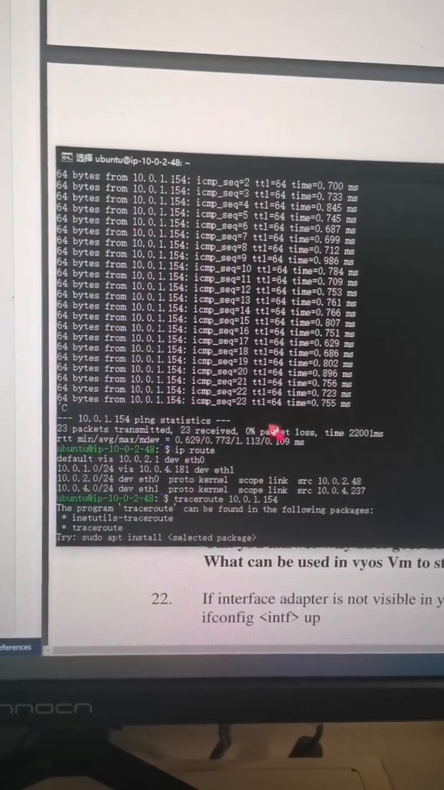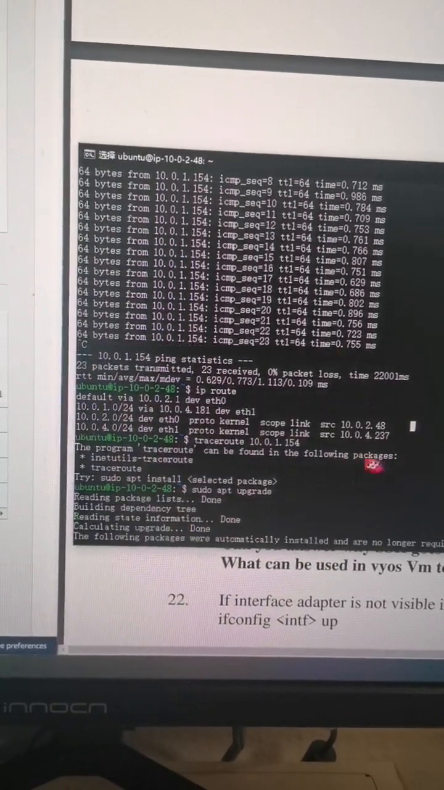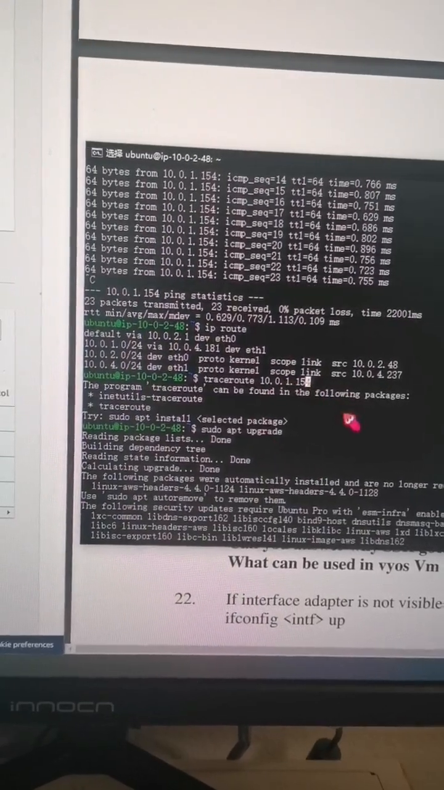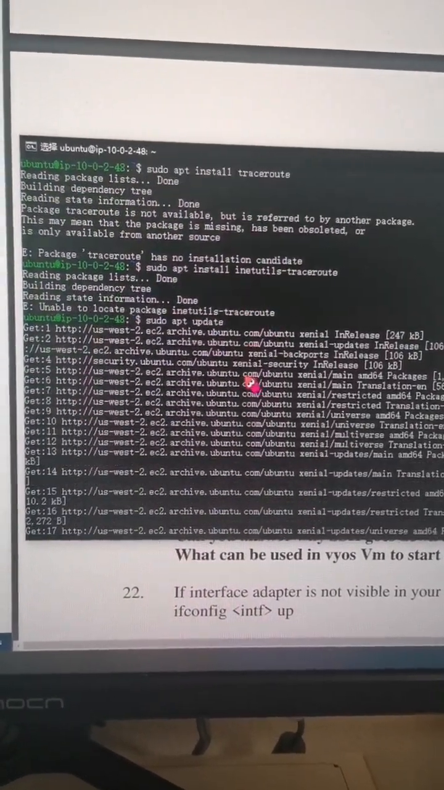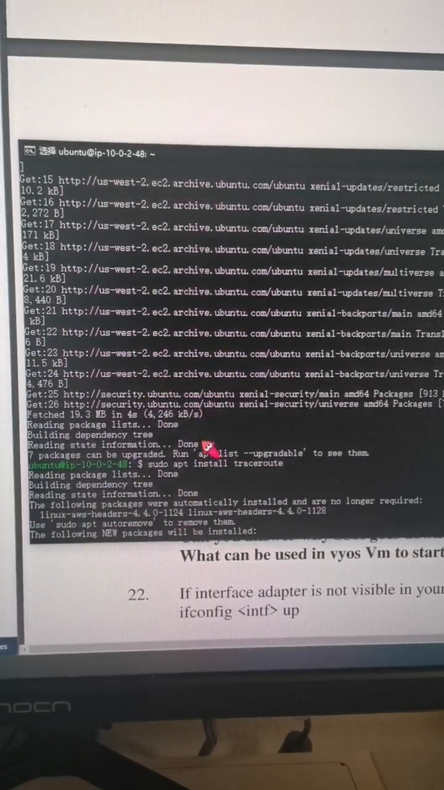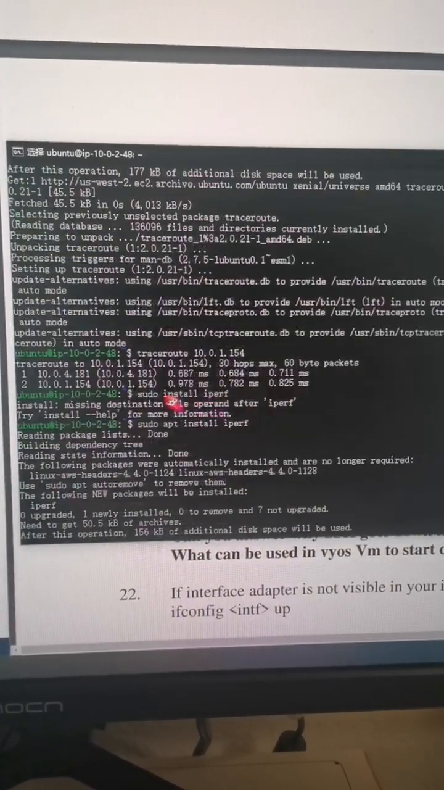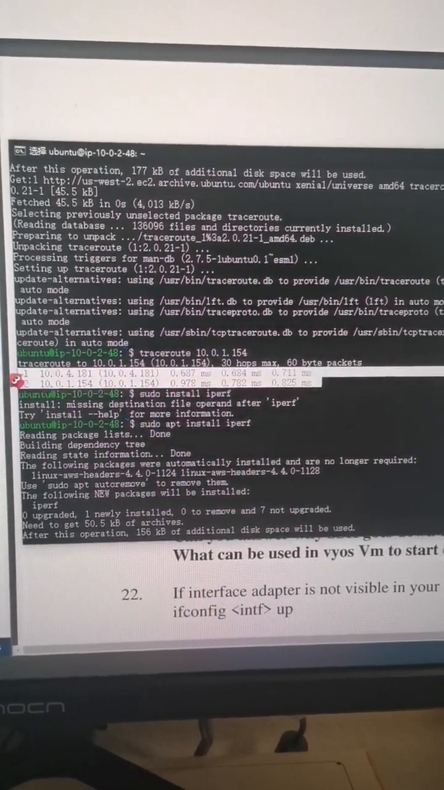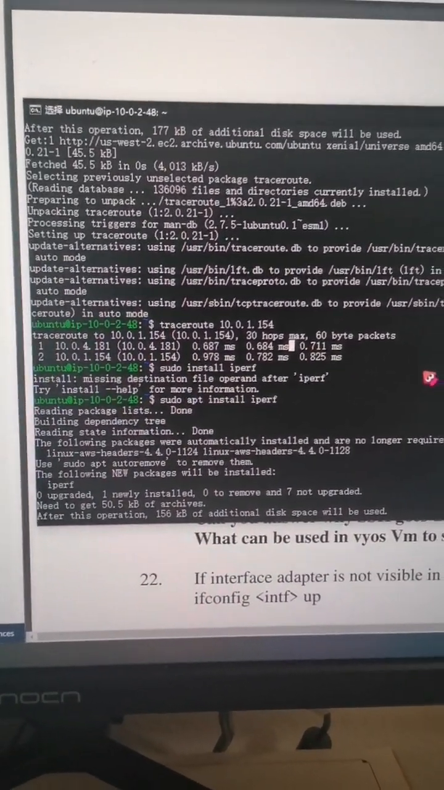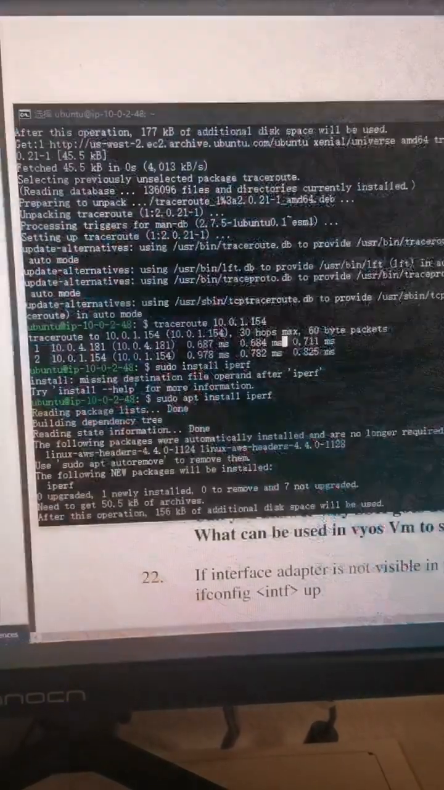server to the client, and I can see ip route works and traceroute is not installed yet, so I just do the same thing as on the client, and you can see that it installed successfully. Traceroute now has 2 hops, and that's it. And for the last part,